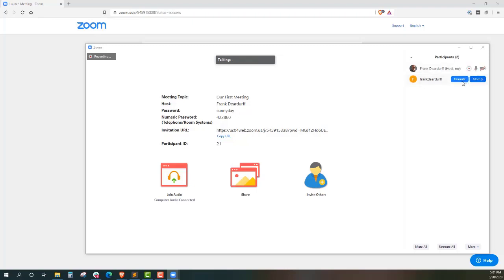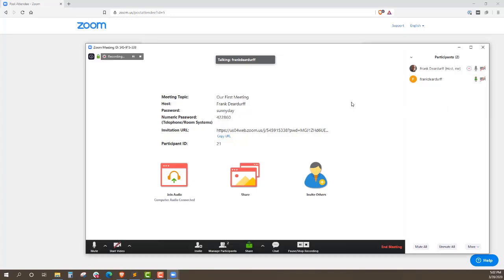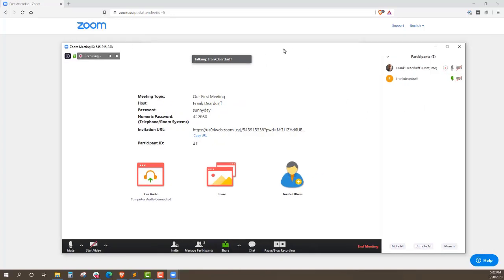I can also unmute them, or we can have some more options. So we can ask to start video. I can actually make the other person a host. I can allow them to record or remove them. So we have those options as well. So if we're going to make them a host, maybe I need to step away or something like that, I could just share that or pass that off to somebody else, and they can become the host. I'm just going to leave it as is for now, and go over some of the other screens for the